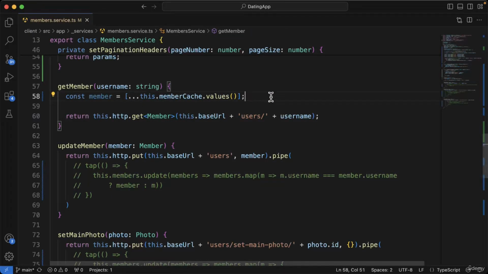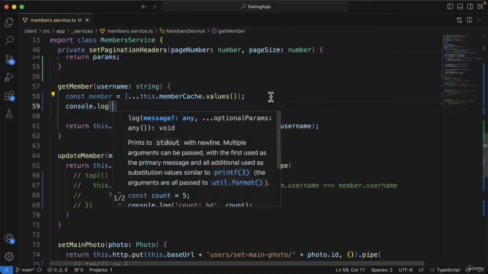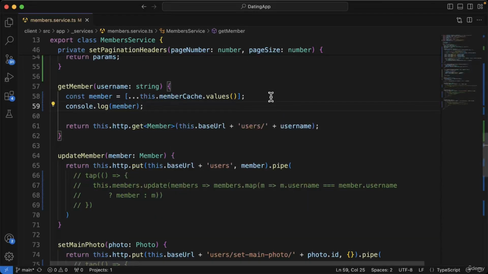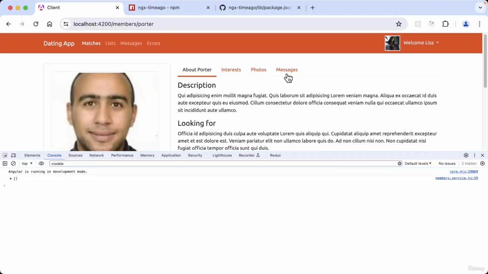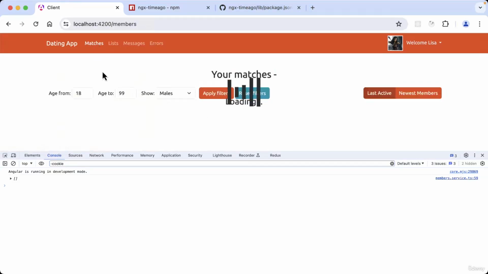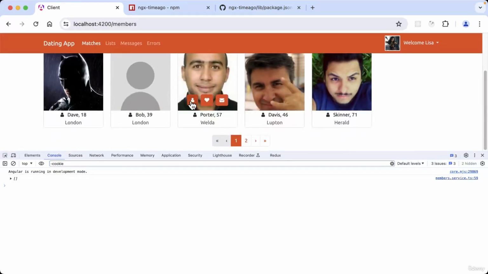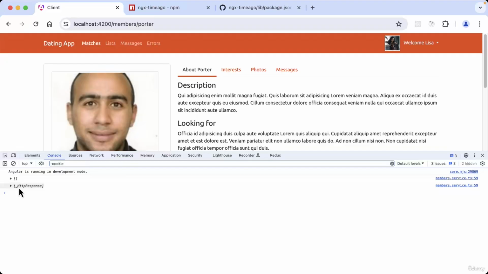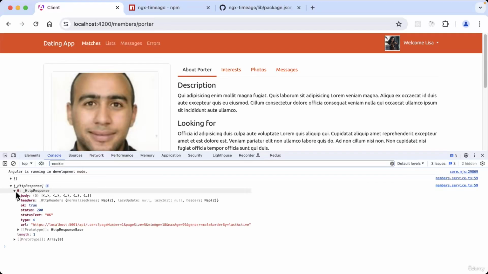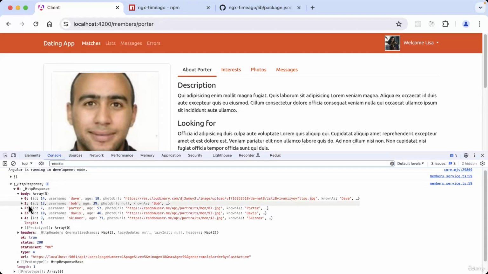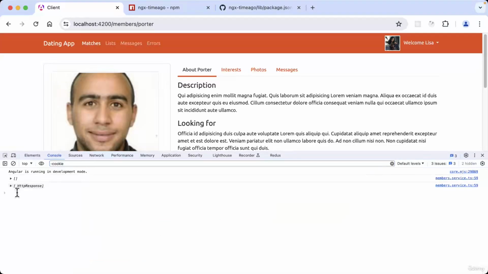And let's just console log what we get now. So I'll say console.log member, and we'll take a look at the browser again, but we need to go back to our matches first. Then we click on the member, and then we've got effectively pretty much the same kind of thing we had before, but I feel we're getting closer to accessing the user inside there,